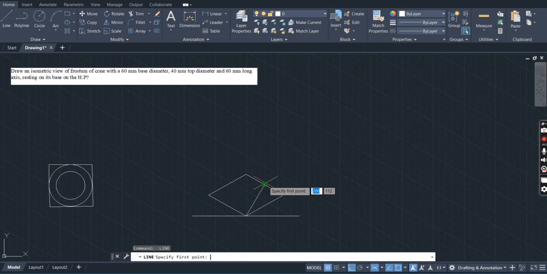Escape. And through this corner, to the opposite side's center point. Similarly, from this corner to the opposite side's center point. So where we'll get a triangular shape, that is the midpoint of that particular line. So I am getting the triangle here. That is a midpoint. Escape. Next from here to